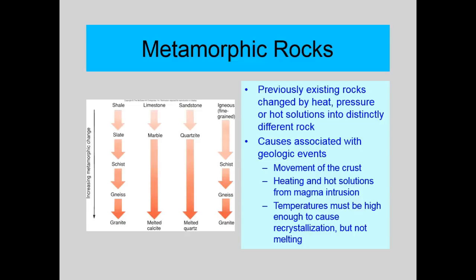It became schist, and then with more pressure it becomes gneiss, and then with more pressure melts, becomes granite, which goes back to being igneous rock. So it changed from igneous to one type of metamorphic to another type of metamorphic, and then if it keeps getting too hot, it will ultimately melt and come back to